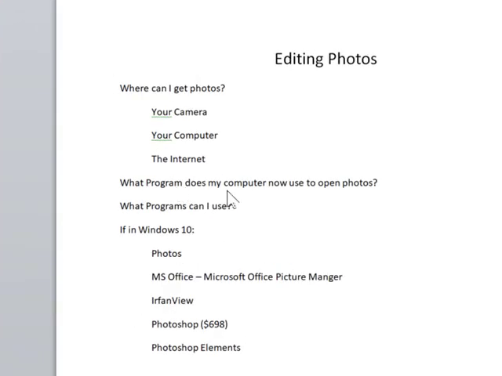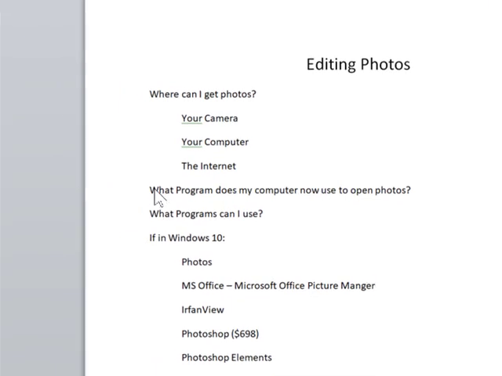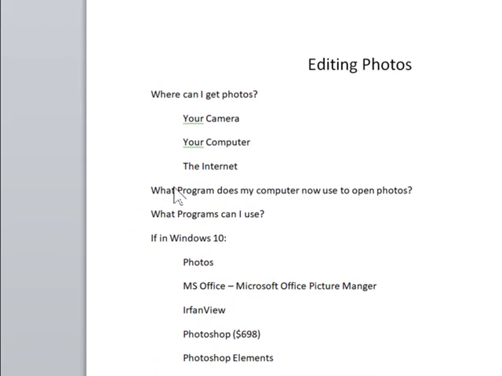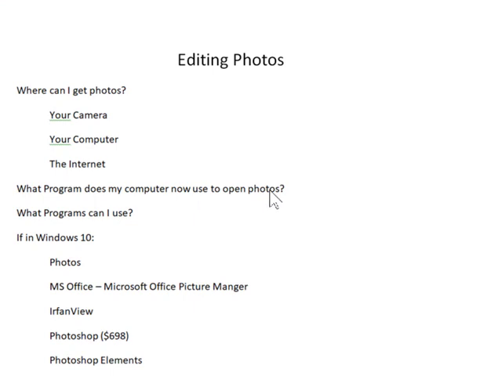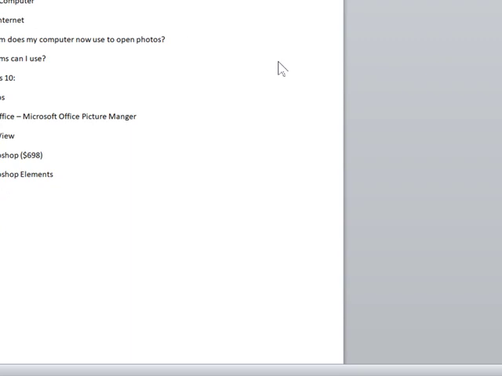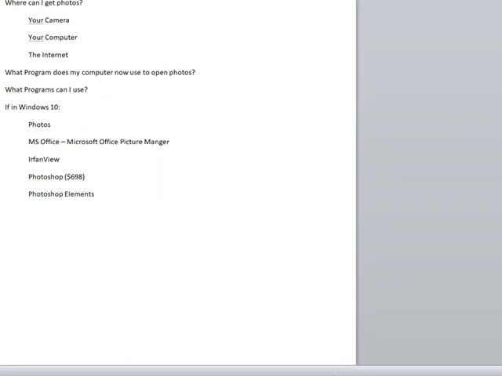Now we're getting close to talking about what programs you can use to edit photos in your computer. Before we do that, I want to show you how to find out what program my computer currently uses to open photos. You could do it by going to a photo in your computer, double-clicking it, and seeing what happens. But there is a more scientific way to do that, and that is to go to